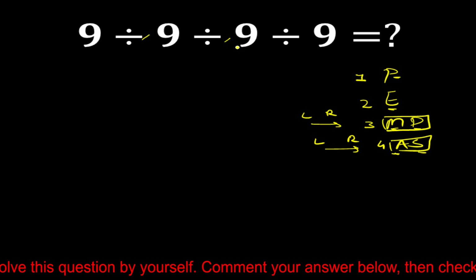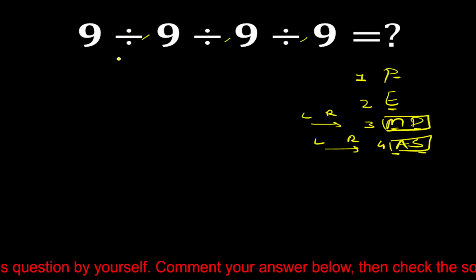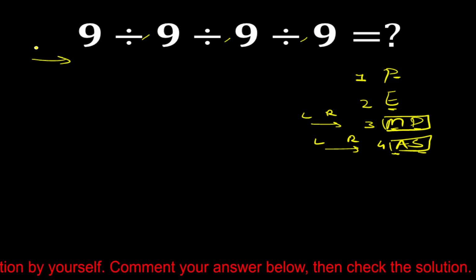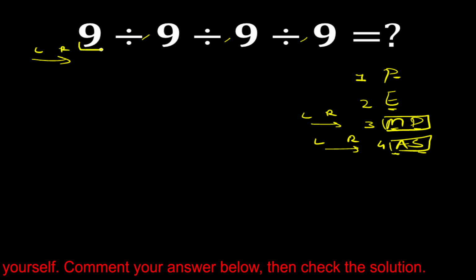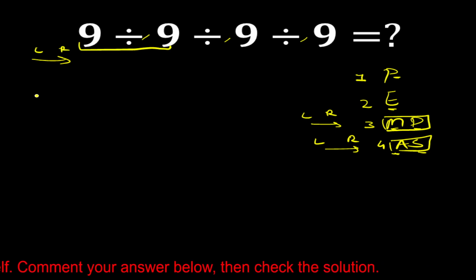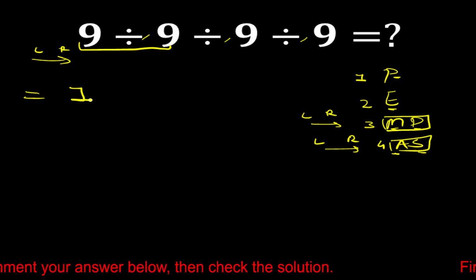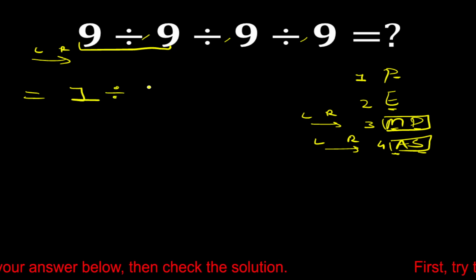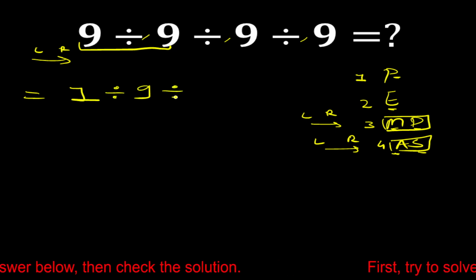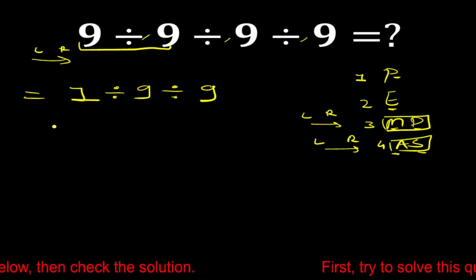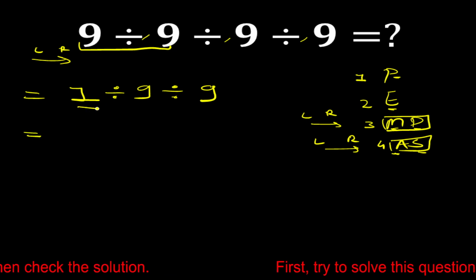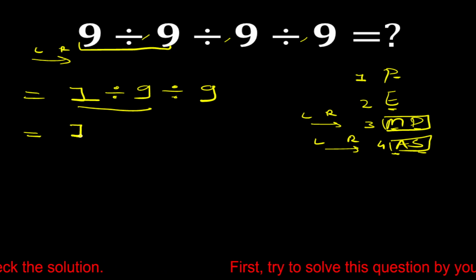Now here is division, and also here is division. All have equal priority, so we have to solve it from left to right. So first we have to solve this division. So 9 divided by 9 is equal to 1. 1 divided by 9 divided by 9. Now 1 divided by 9 can be written as 1 by 9